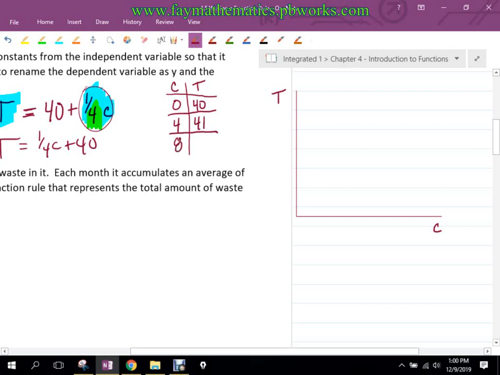Let's do one more. If I have 8 here, what's 1/4 times 8? I have 8 over 4, which turns into 2. So now I have 40 plus 2, which would be 42, right? What do you see? So this is what's really nice. I asked you to do this on the one question in your quiz last week,